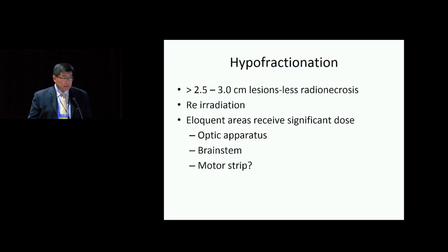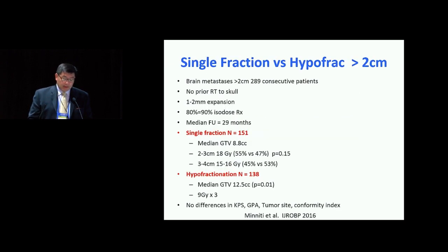Just going to quickly talk a little about hypofractionation, because obviously frameless treatment is an advantage for hypofractionation. When you have large lesions, larger than 2.5 to 3 centimeters, I would say for most people, they would consider that a large lesion. In cases where it's reirradiation or near eloquent areas, we will often look to and consider hypofractionation. And again, with surface mapping, we're able to use radiosurgical margins with the same degree of certainty that we would for single-session